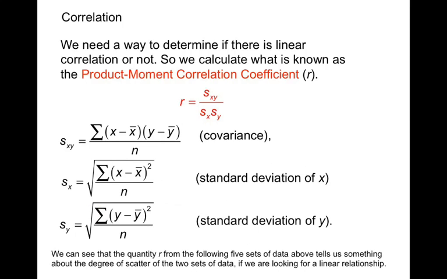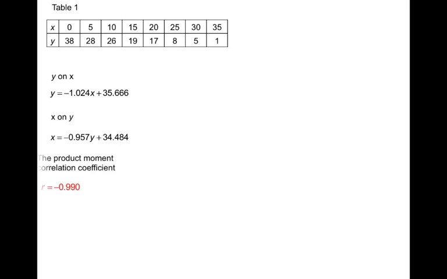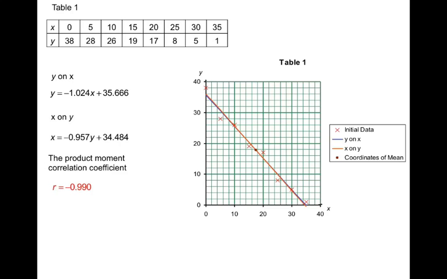Okay, let's just have a look at these 5 sets of data to see if we can see anything about the degree of scatter of the 2 sets of data. Okay, this is table 1. If we were to calculate the y on x and x on y regression lines, we get those numbers. The product moment correlation coefficient would be that. We can see that the 2 lines pretty well coincide. But we've got something different. When this one gets bigger, this one decreases. This is what's known as,